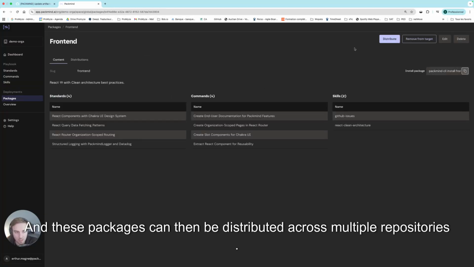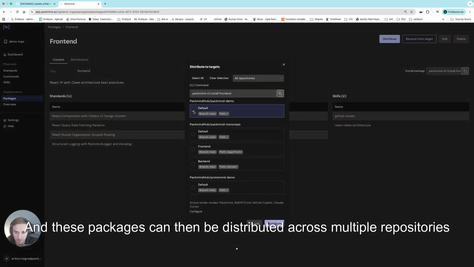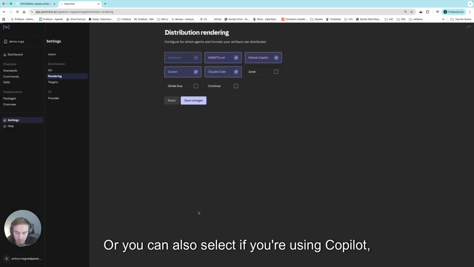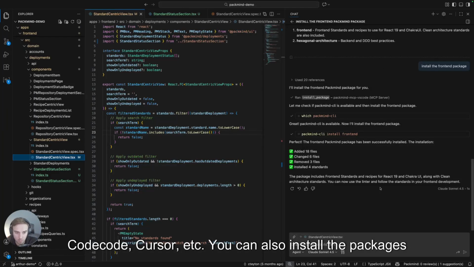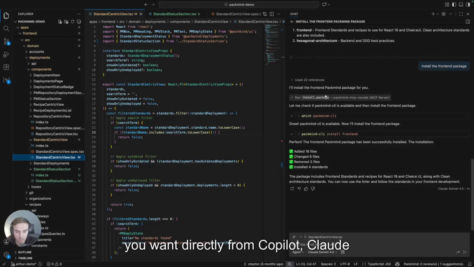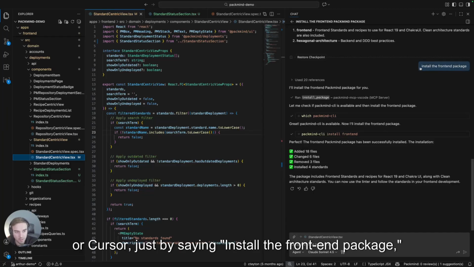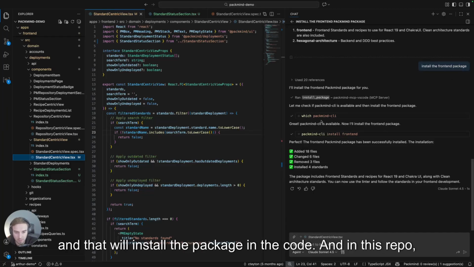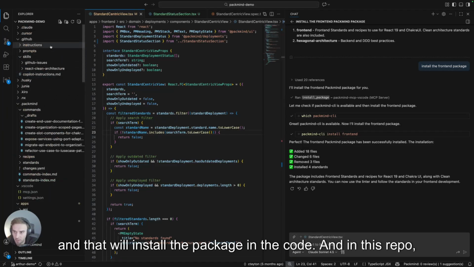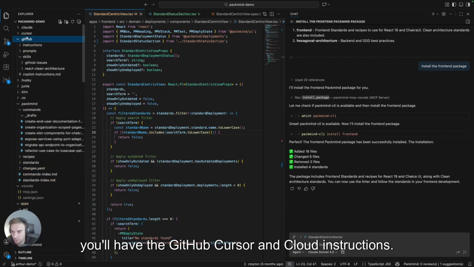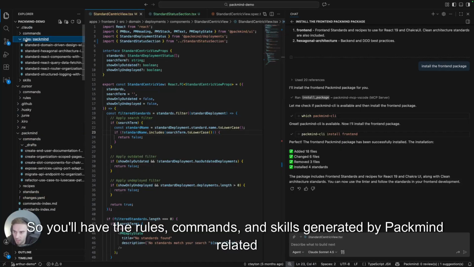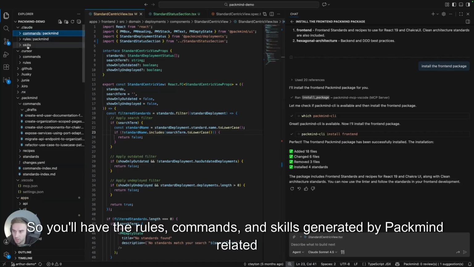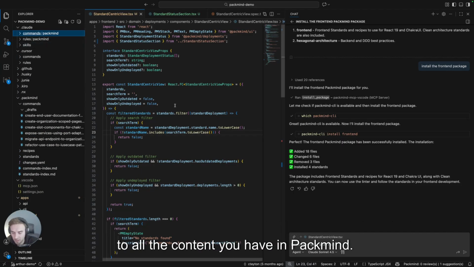And those packages can then be distributed into multiple repositories, or you can also select if you are using Copilot, Claude, Cursor, etc. You can also install the packages you want directly from Copilot, Claude, or Cursor just by saying install the front-end package. It will install the package within the code. And within this repository, you will have the GitHub, Cursor, and Claude instructions. So you will have the rules,